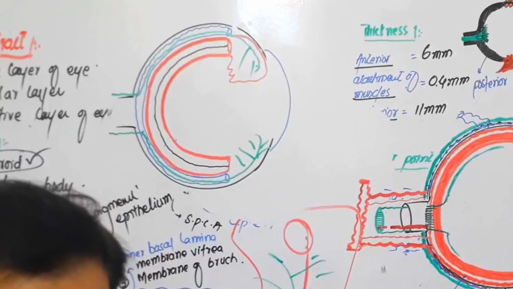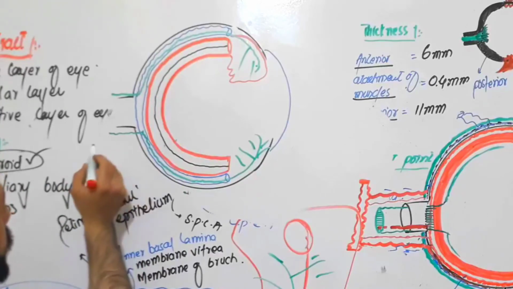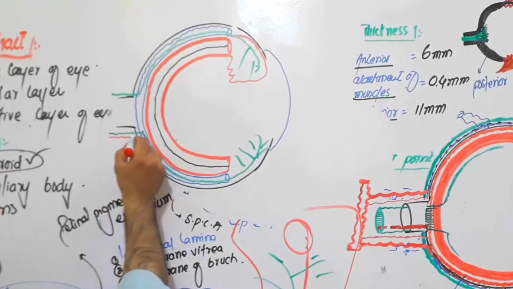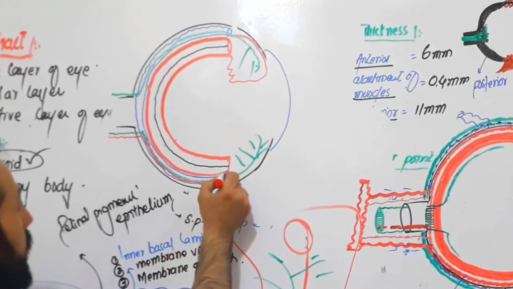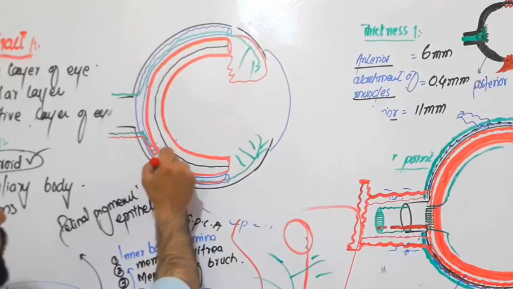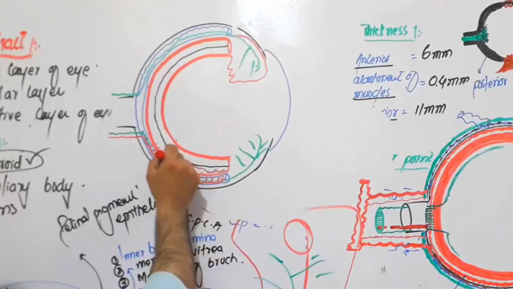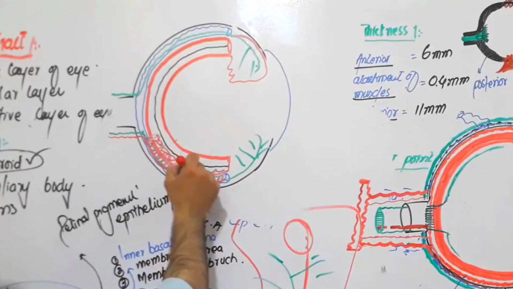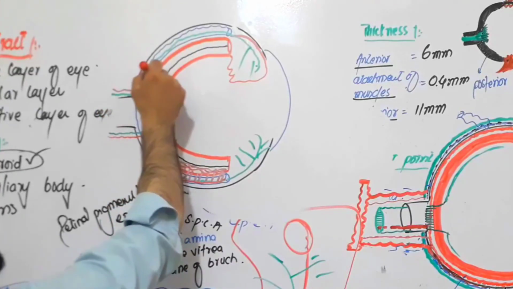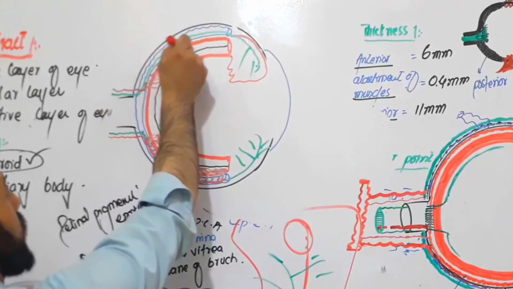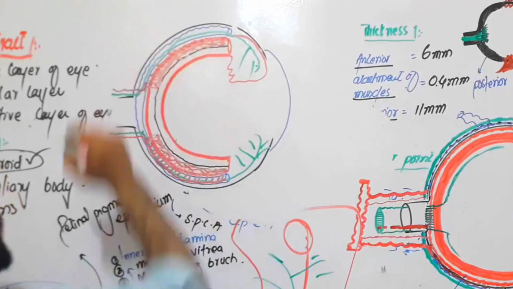All these branches are given. Done. Then the short ciliary artery also enters the suprachoroidal lamina and it goes anteriorly, right, and gives branches towards the what? Towards the vascular lamina of your choroidal layer, like this. And from here also it gives branches like this towards the vascular lamina of your choroidal layer. So this was the vascular lamina.